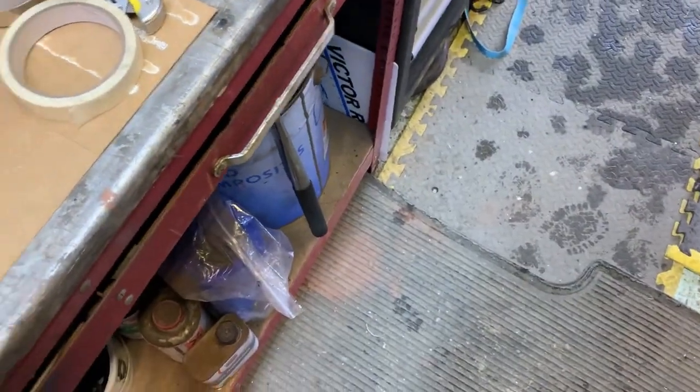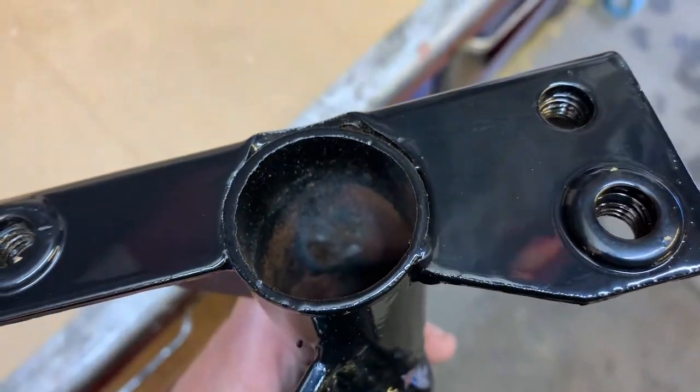You could do with some paint down in there, couldn't it, as well? Look at that. Not very good, is it? Anyway,